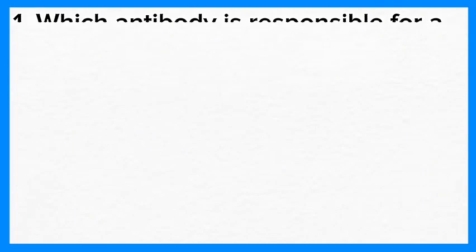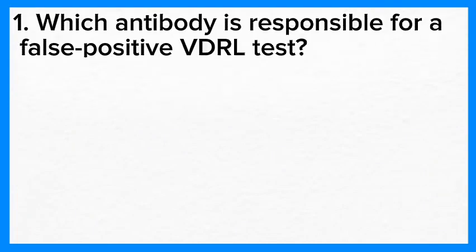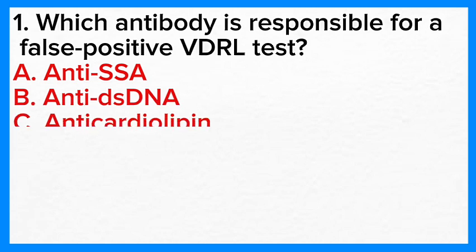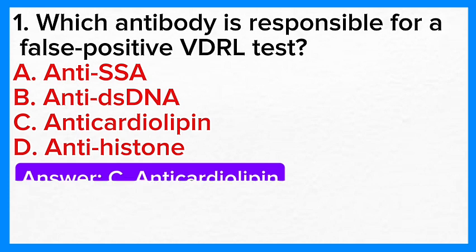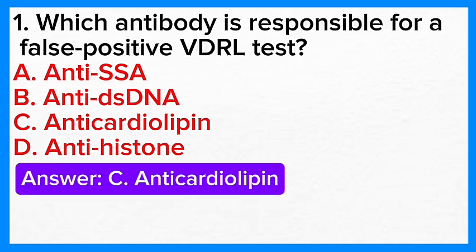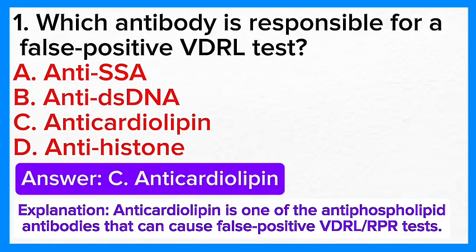1. Which antibody is responsible for a false positive VDRL test? A. Anti-SSA, B. Anti-dsDNA, C. Anticardiolipin, D. Antihistone. Answer: C. Anticardiolipin. Explanation: anticardiolipin is one of the antiphospholipid antibodies that can cause false positive